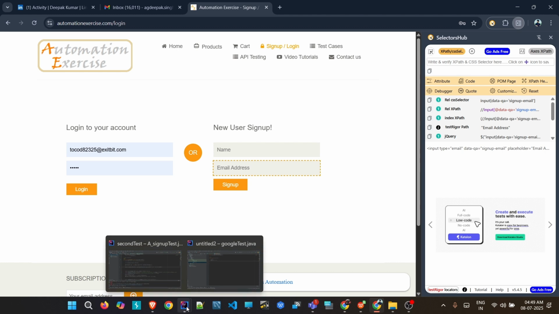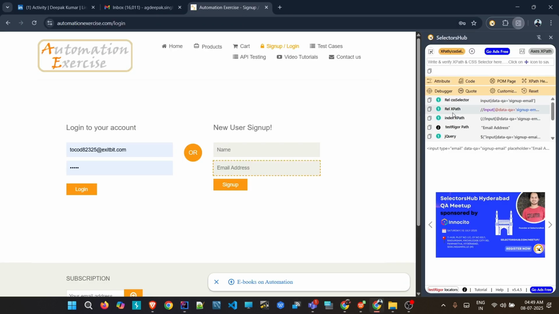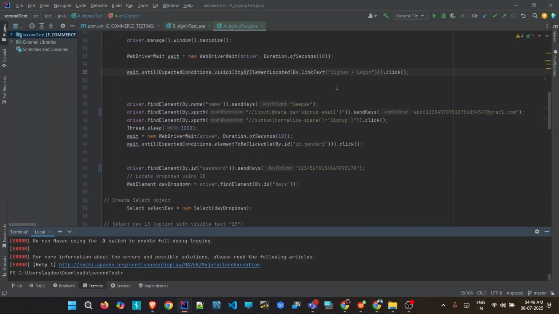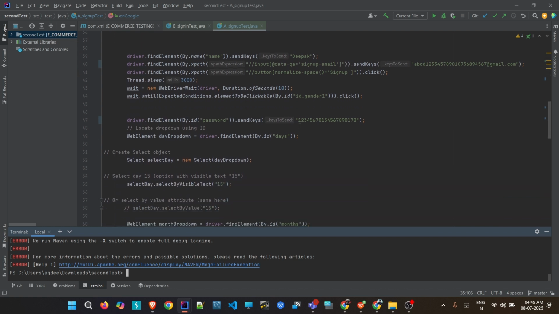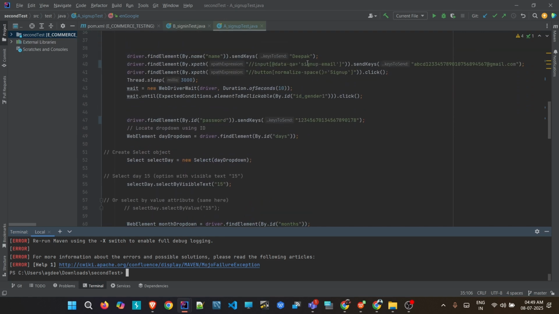In my case, I have used the XPath. As you can see, I have used XPath. You can click on this button to copy. It will copy the XPath and you can paste it in your code. So this way we write the code. As you can understand, the whole code is written like that only. At the next step, I just click on the sign up button. Here, as you can see, there